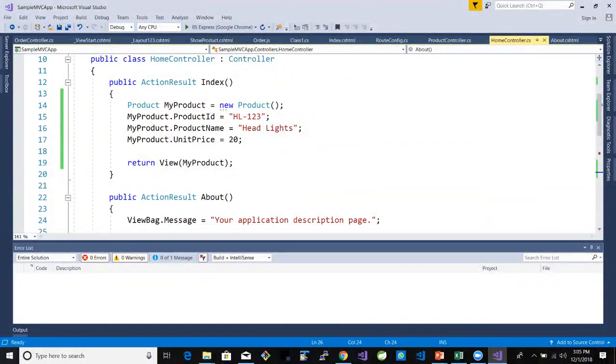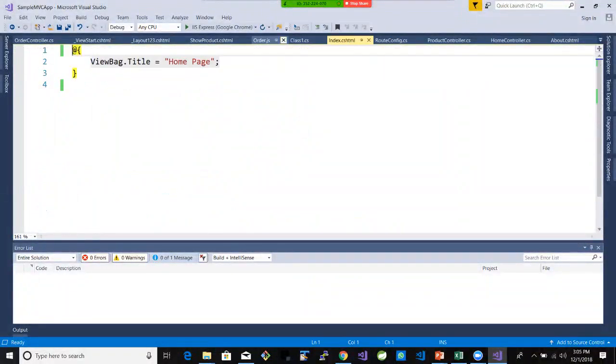I should be able to fetch the values from somewhere, maybe a database, and then pass it to the view and show it on the UI. I should be able to do that, right? So let's try to do that. The view for this is index.html, right here. What I'll do here,